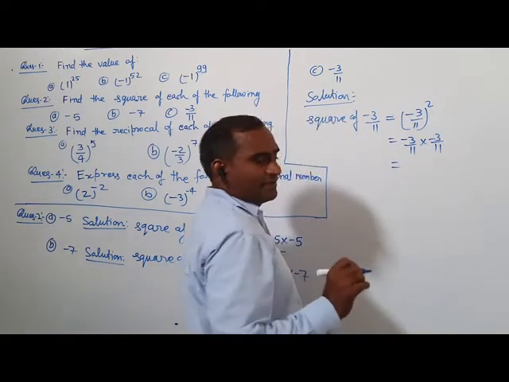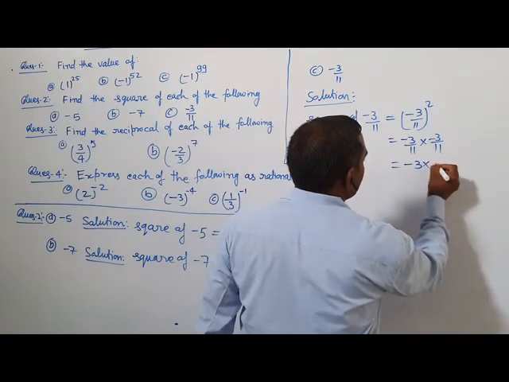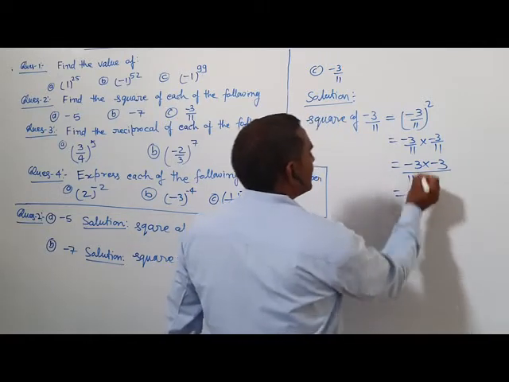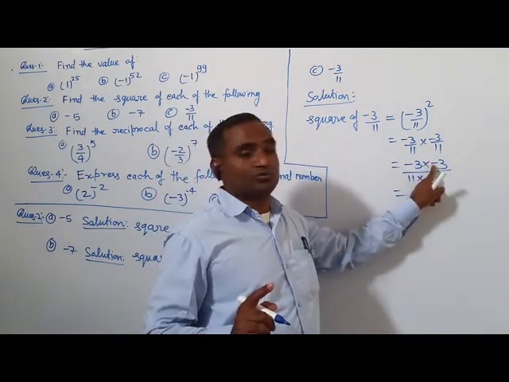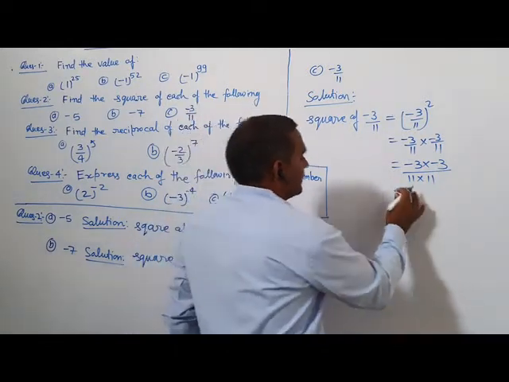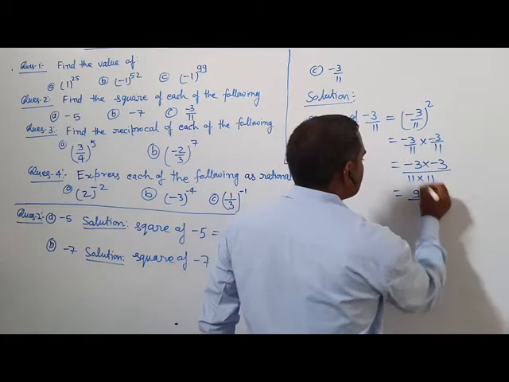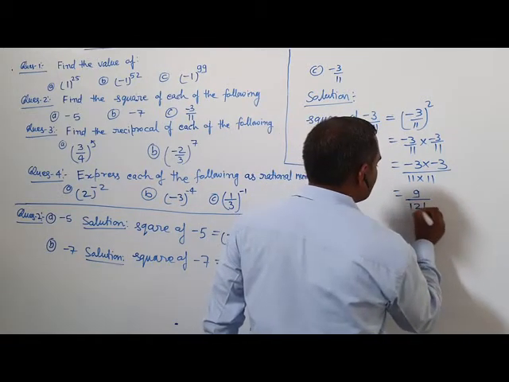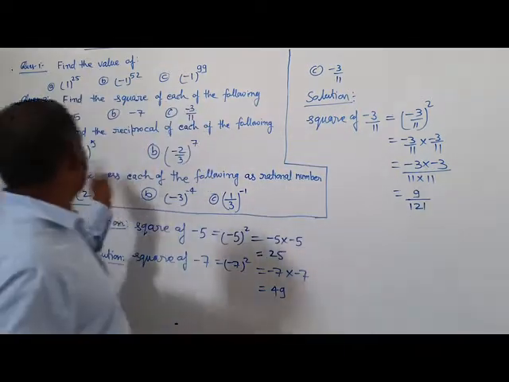In multiplication, when the number is given in rational form, numerator multiplies by numerator and denominator multiplies by denominator. Here the sign is even, 1, 2, there are two negative signs. So the number of negative signs is even, so the sign of the product will be positive. 3 3 is 9, 11 1 is 11, carries 1, 11 1 is 11, 1 12. This is the value. 9 by 121 is the value.